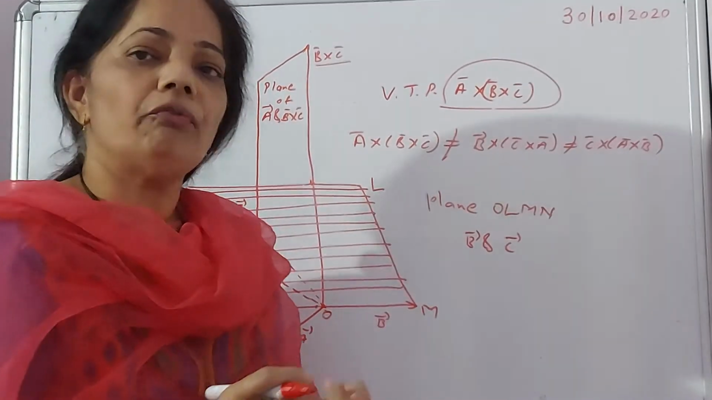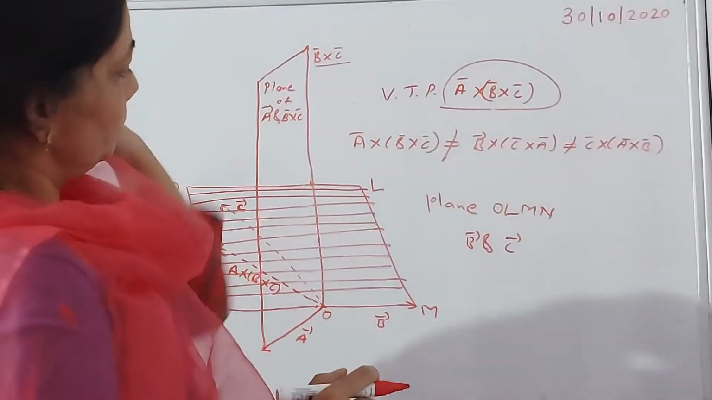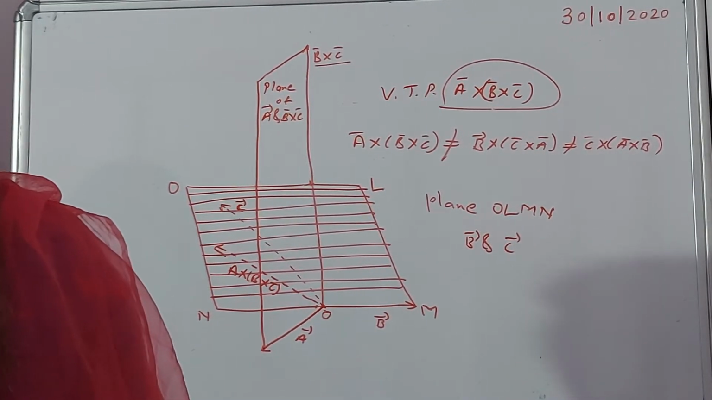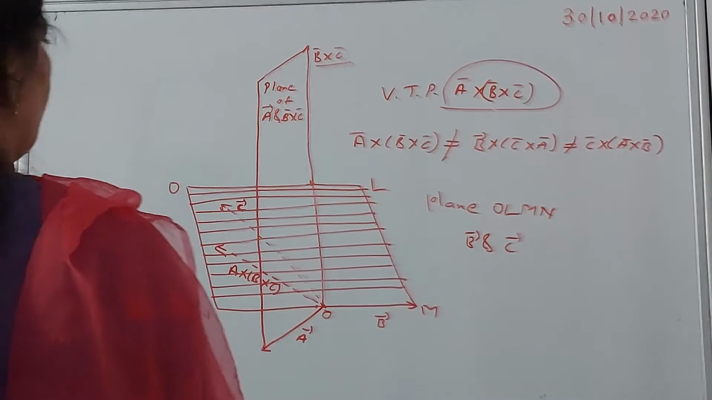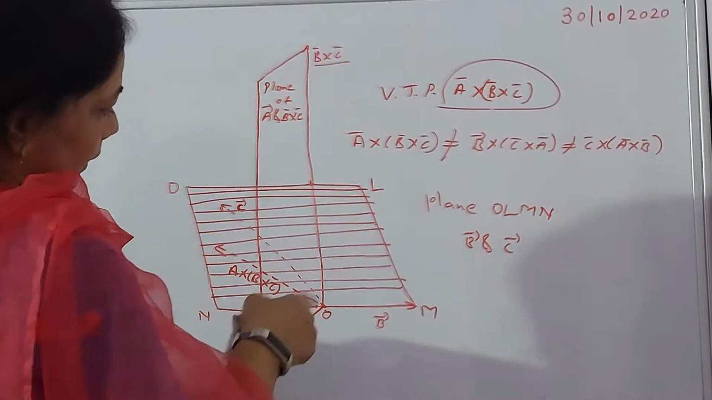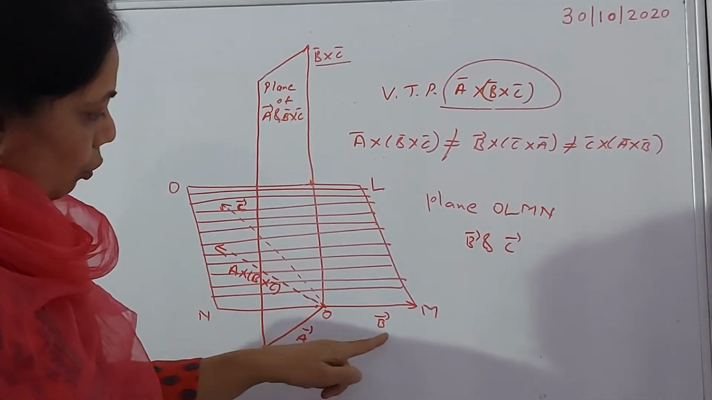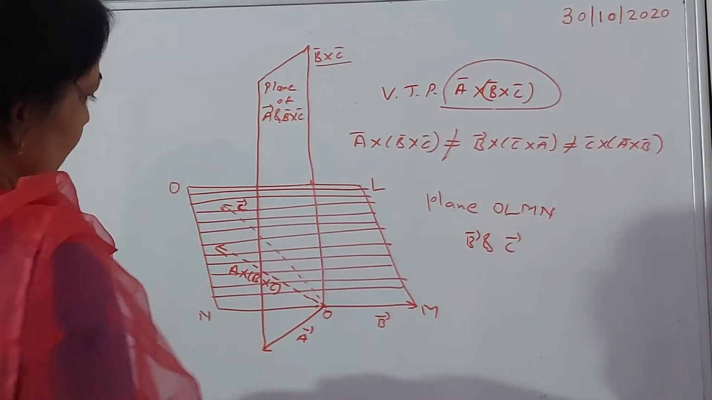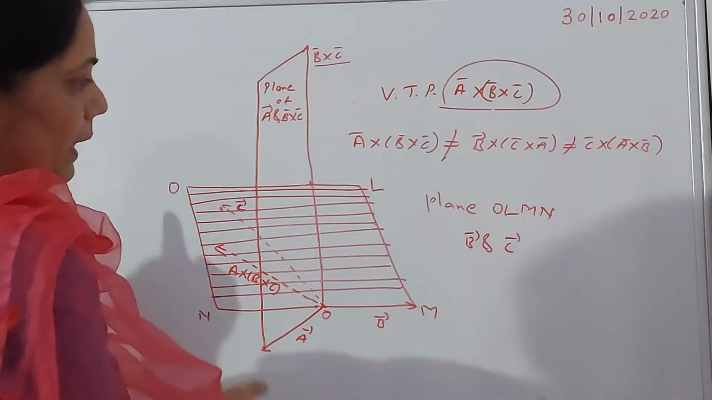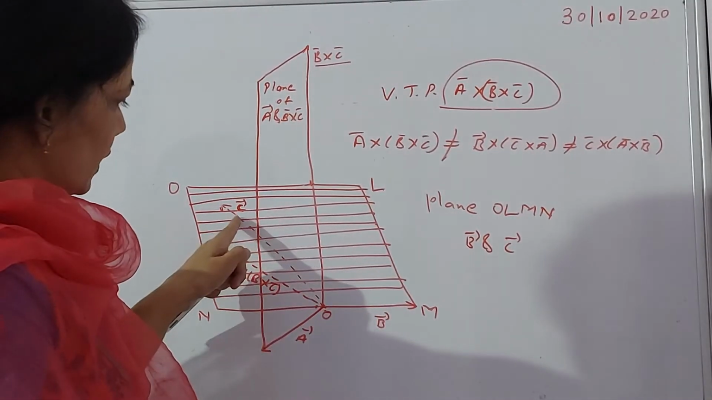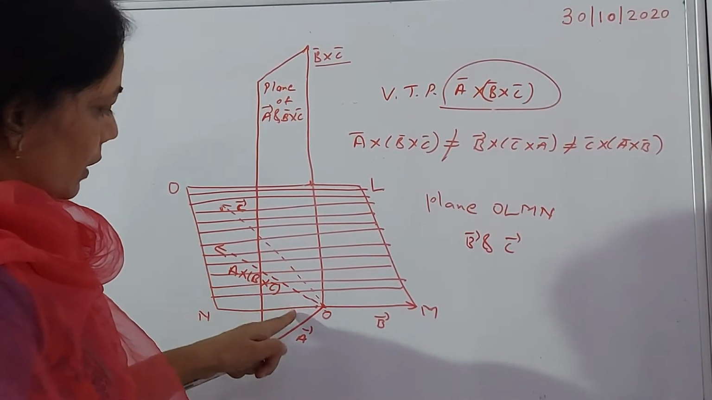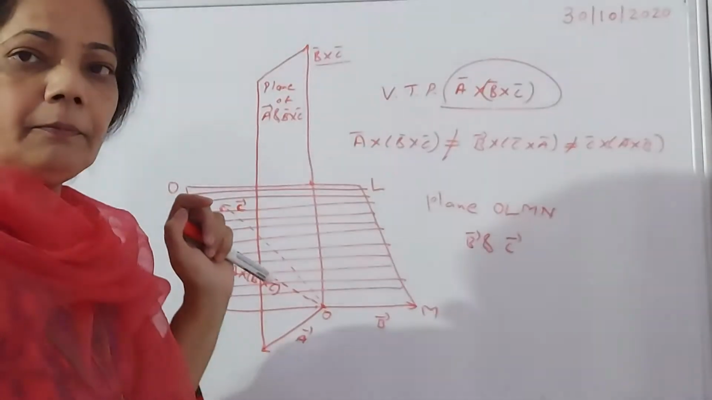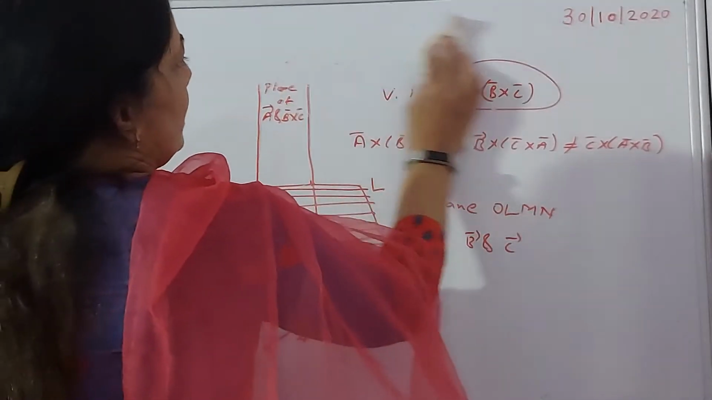Correct? Now we need to find out the value for this. How will we do that? Proof. So we will do the proof over here. Correct? I think the diagram is clear. Point O, OM is vector B, this is A, this is C. So OLMN is the plane for vector B and vector C, and A cross B cross C lies in the plane of vector B and vector C. Right? So next is the proof